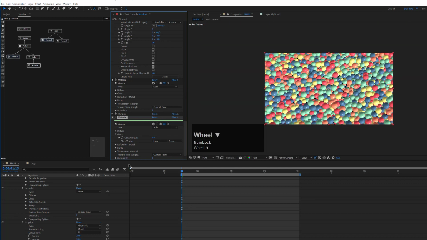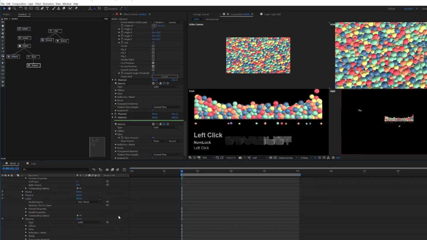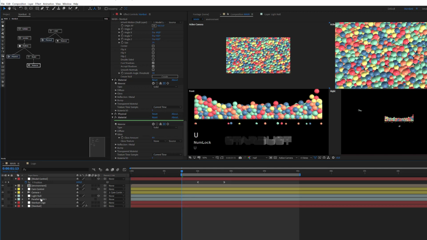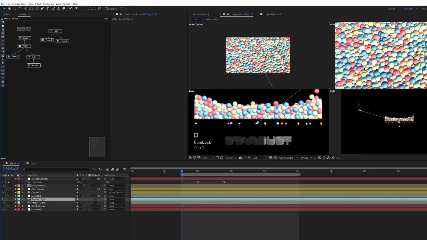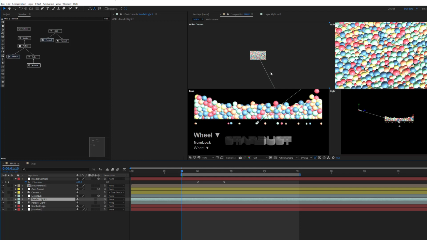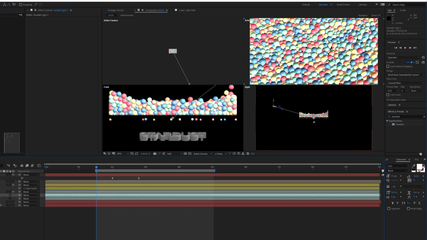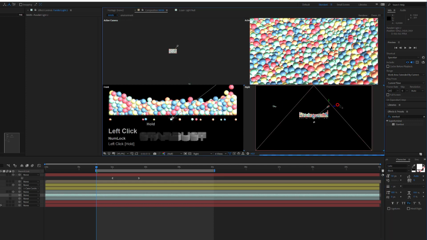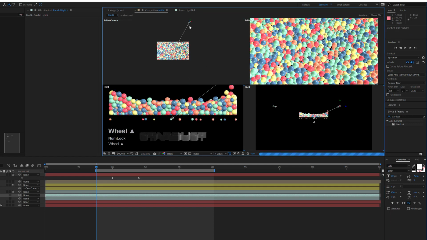And one more thing that I want to do to make this look good, I will just create another light in the scene. So let me quickly change to my 4 views and let me just duplicate the parallel light that I've already got. Just Ctrl D to duplicate it. And now with my easy setup with my null in the middle, I can just take this light and where is it? Right here, and pull it on the other side here of my scene. So now I just will create a backlight from this direction,